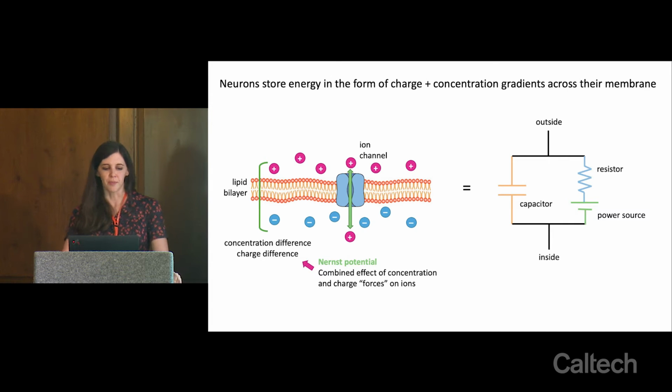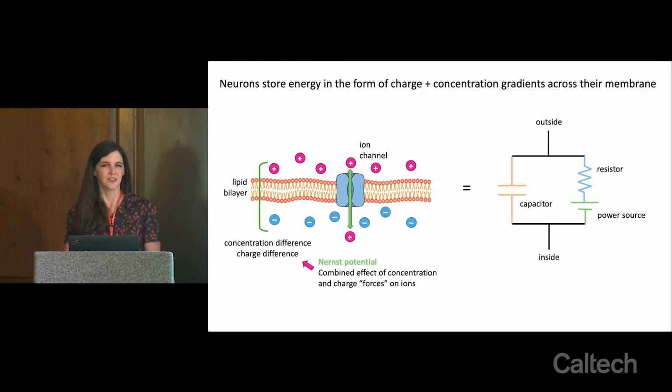So a core property of neurons and also of all cells is that they store energy in the form of a charge differential across their membrane. So the membrane of all cells is this lipid bilayer of charged outer heads and these hydrophobic tails in the middle. And any ion or charged particle is going to have a really difficult time crossing this lipid bilayer. As a result, you have this effective separation of the internal contents of the cell from its external environment. And this allows you to build up a charge and a concentration difference across this membrane.